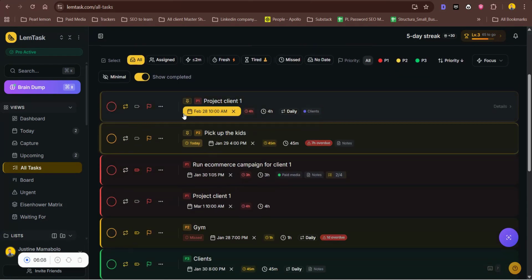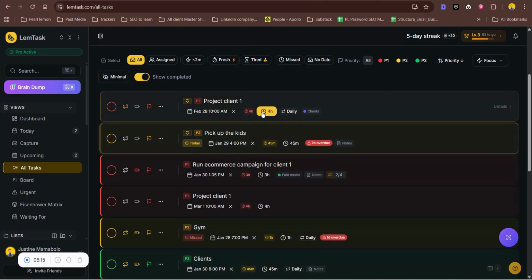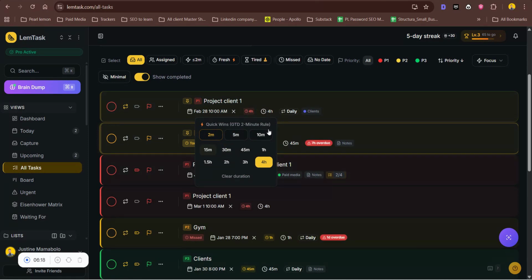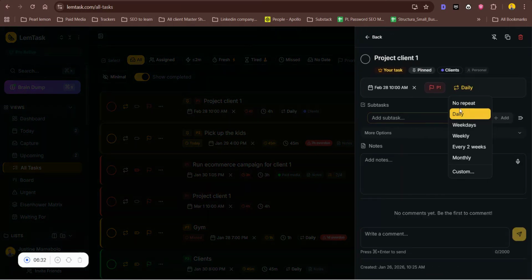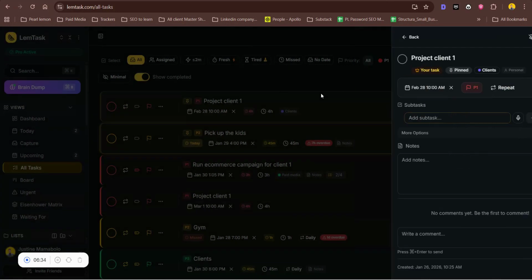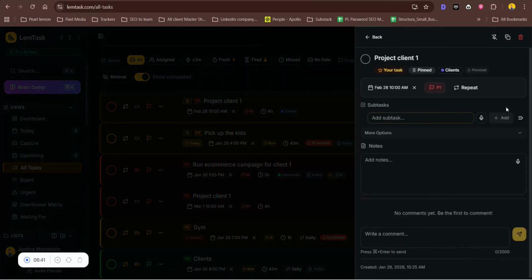So with this tool, you can have your date, right? And then the time you need to complete your task by. So that's another function that's very useful. And then the duration in which you would complete the task. Let's say for project one, client one, you would need at least 4 hours a day to complete this. You can repeat the task daily, right? Or just turn this off, no repeat. So that's one of the ways in which you can have this task and